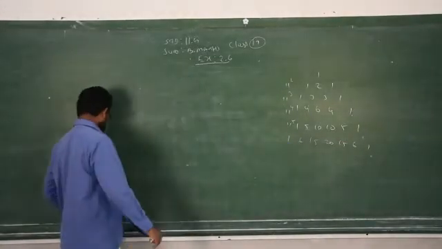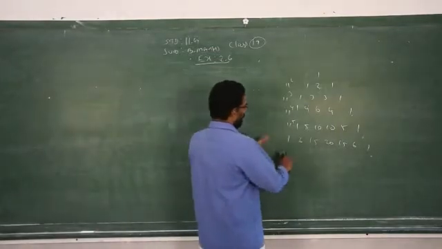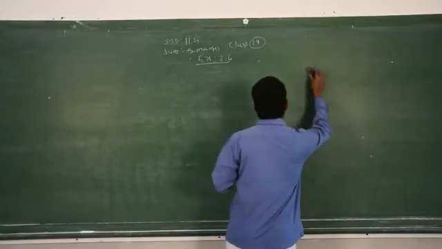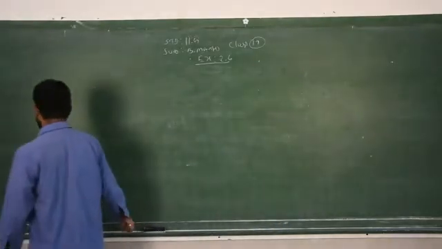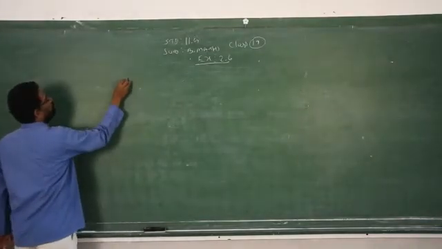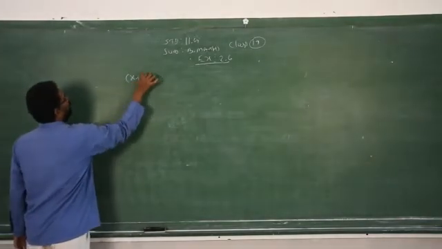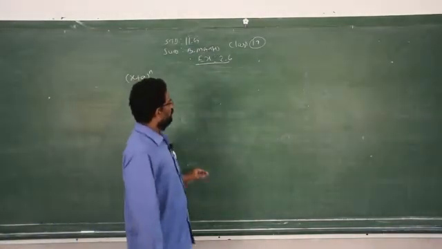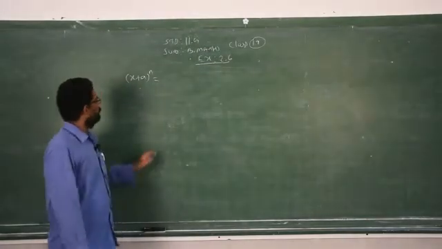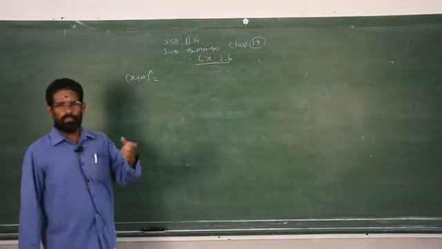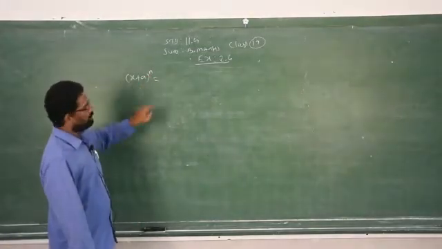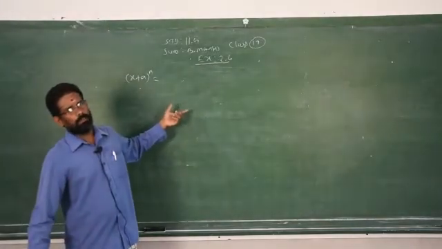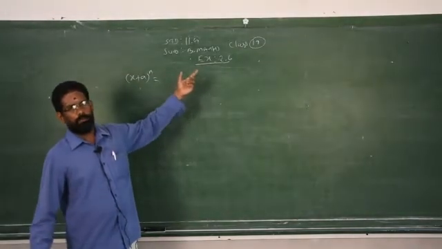So this is called Pascal's rule, but the advanced version, brought into standard formula form, is called the binomial theorem, that is x plus a whole power n. This is the binomial theorem. It is a lengthier formula. This is the general formula for identities. If you replace n by 2, you will get the a plus b whole square format. If you replace n by 3, you will get a plus b power 3. This is the general formula for a plus b whole square, a plus b whole cube, and power 4 and 5 and so on.